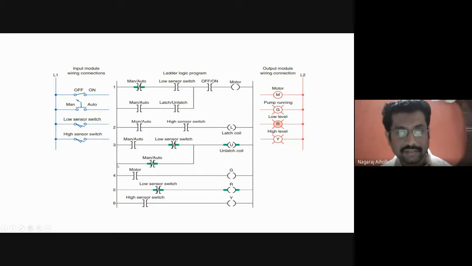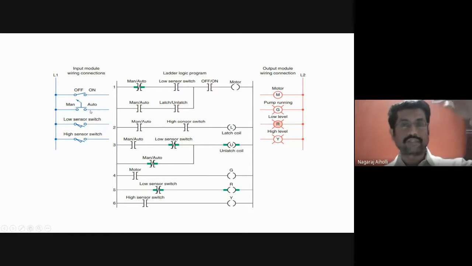Then for the parallel branch, manual/auto mode, this is examine if open. Okay, so it is open now. If it is open, then it is energized. And if it is in open state, manual or auto mode, then we don't need the latch condition, so we are unlatching whatever we have stored. We don't need it because it is in manual/auto mode, is it not? We have released this manual/auto mode.